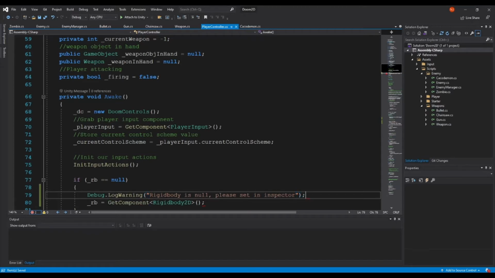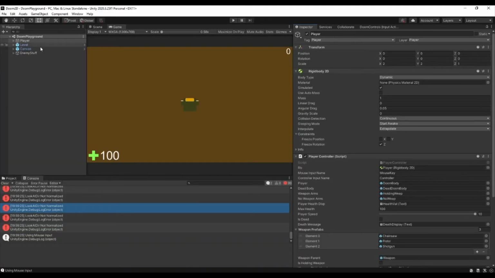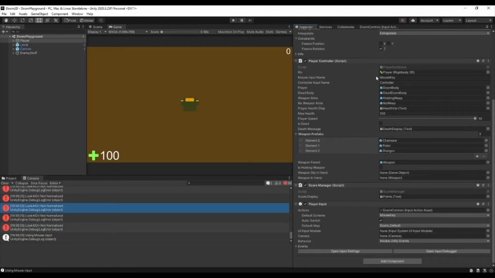Now, because this isn't a deathly error, because we have this line here, we shouldn't be grabbing this every time at runtime when there's such a simple solution. So if you go down here, rigid body, you should drag and drop rigid body. So if we run,